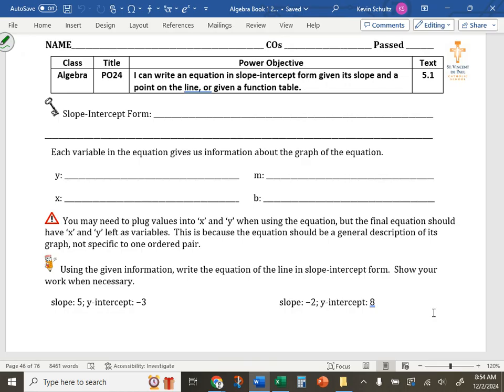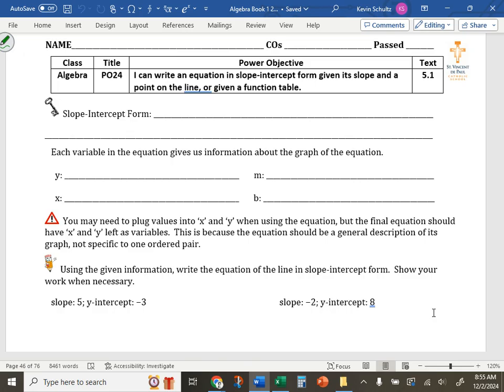Objective of the unit, which historically has been a little bit of a tricky one, PO24, because this one really does combine everything that we have done previously. It's very slope heavy, it's very equation writing heavy. The objective is to write an equation in slope-intercept form, given its slope and a point on the line, or